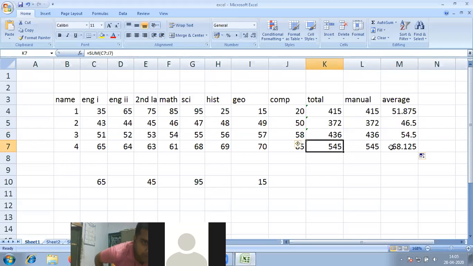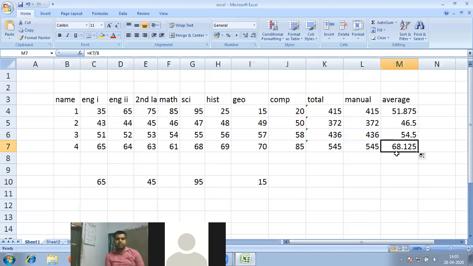So this is the advantage you can see: whenever creating a formula, instead of using the constant value, if we use the cell address, it automatically changes without changing the formula, and for each and every calculation you get exactly the proper value.